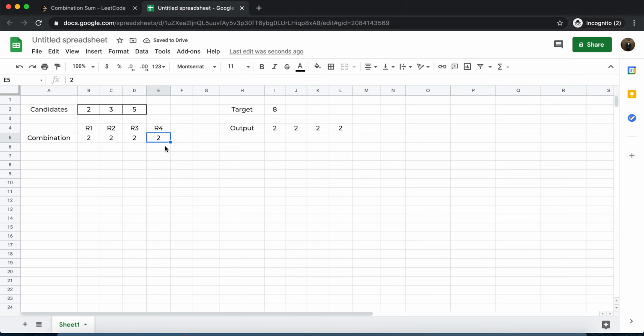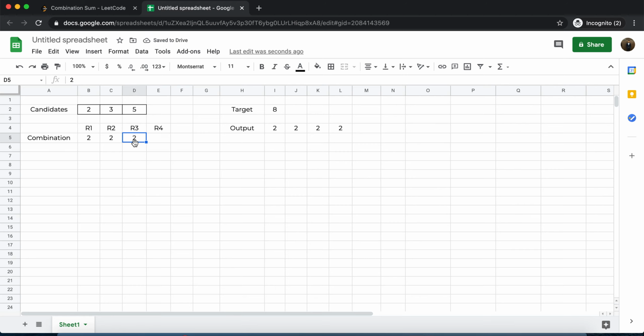Then we'll backtrack. We'll remove the last 2 from the fourth recursive function and try to add the next one, which is 3. Now this exceeds 8. This is 9, so we cannot add it to the output, and we need to stop the recursion. We'll remove that and not go further. We will try with another item, which is 5. Here also, because it's sorted, we cannot add anything, so we will stop the recursion.